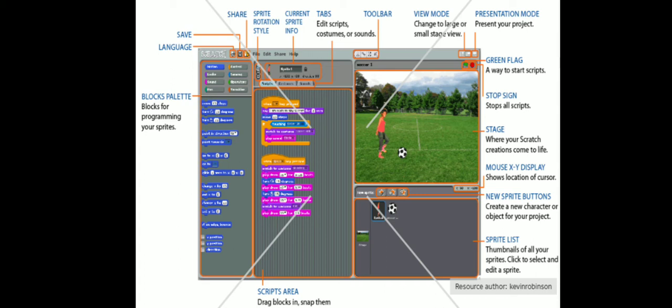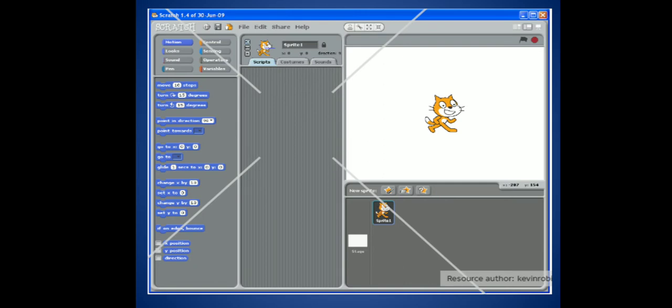So now I hope I have made you familiar with the Scratch screen. When you open your Scratch screen for the first time, you will find it like this, and you can recognize each part. Now this is what will open when you turn on your Scratch. This is how it will look. This is a blank new fresh file of Scratch. This is the Scratch 1.4 version.